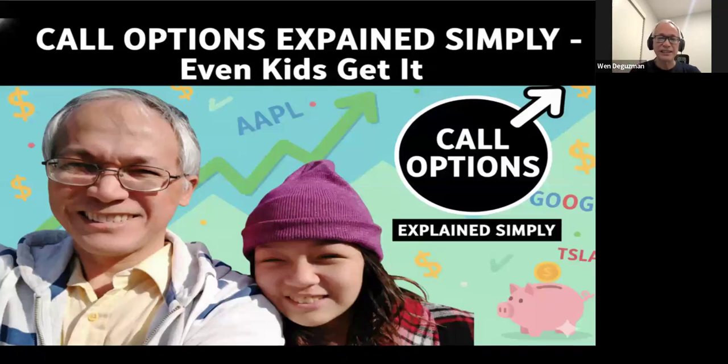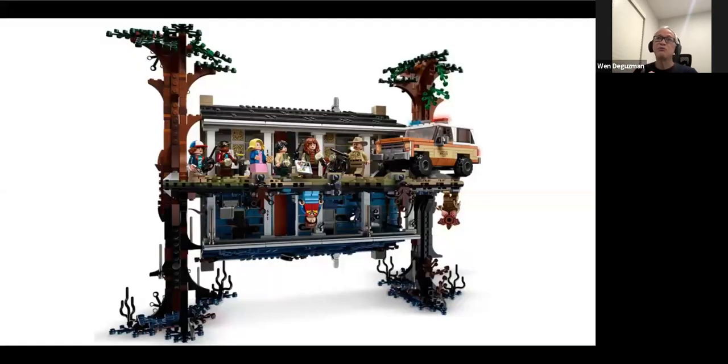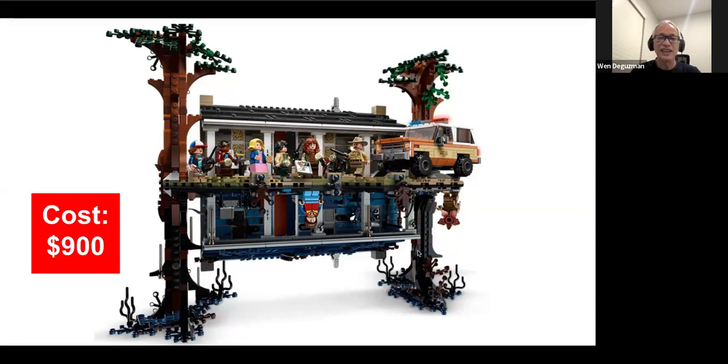So for example, let's say you really want this complete upside down Lego set. When I look at this, there are so many parts to it. And the cost, it's kind of realistic, is around $900. So let's say your friend Steve is selling you this complete upside down Lego set for 900